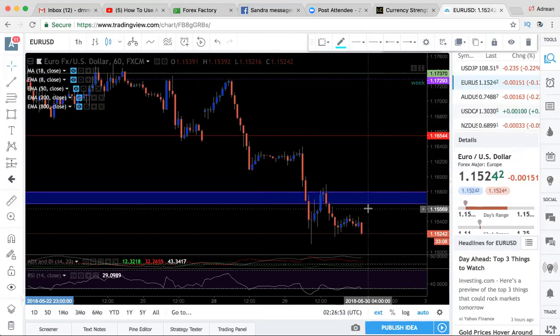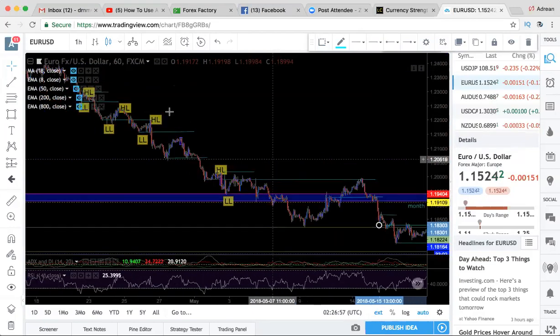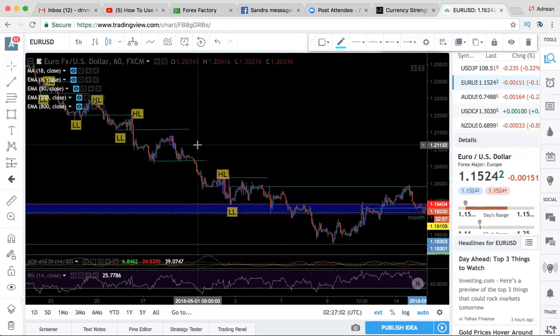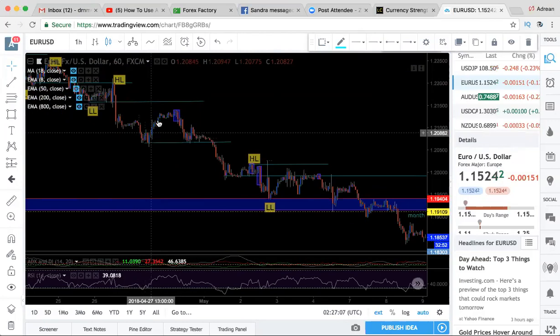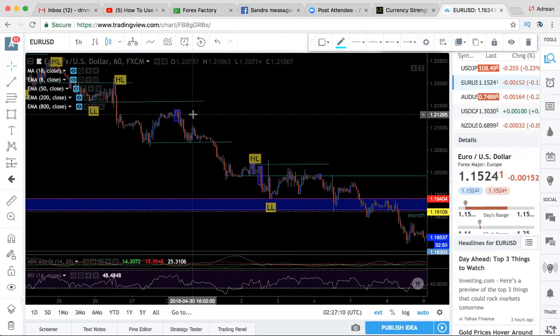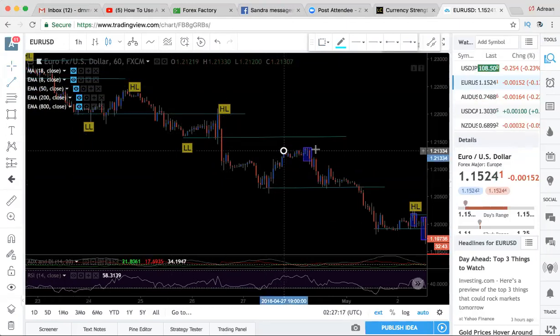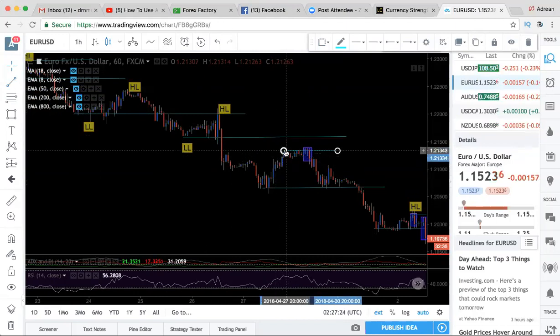But this is it. This is what I want you to work on. So I want you to practice drawing these lines and marking up the highs and lows, the same way that I did. Finding those low points like this, and then finding the high point, and then drawing the line. Now, the only time that I don't want you to draw a line right here is because you already see that this area right here didn't break that, right? So you don't need to draw the extra line. You just already know that, okay,